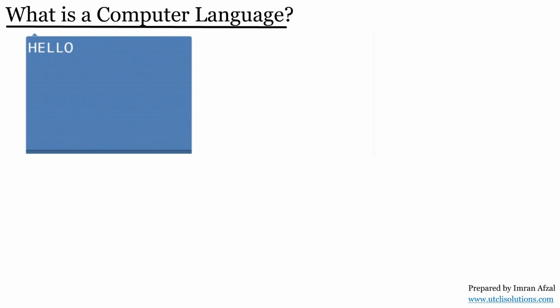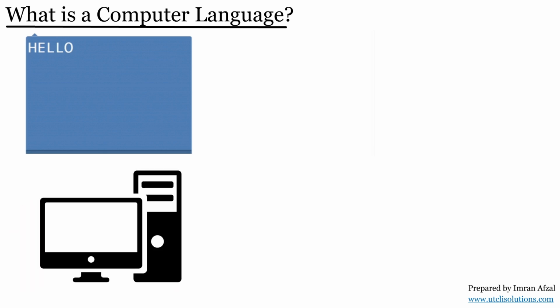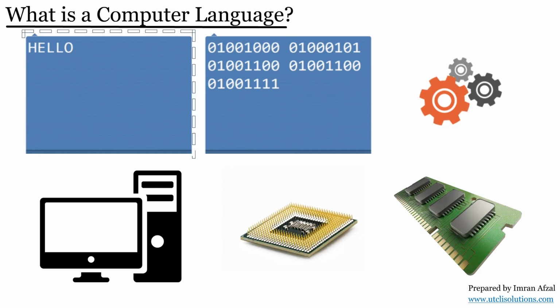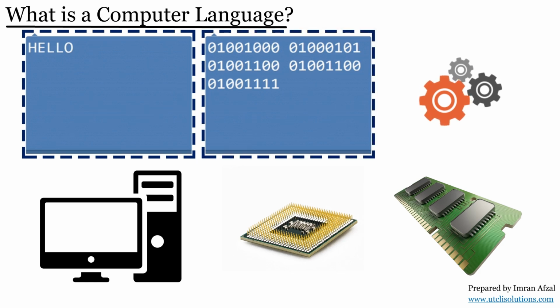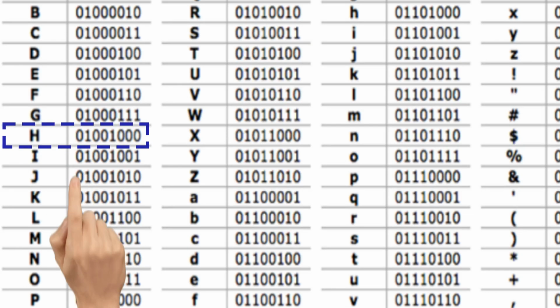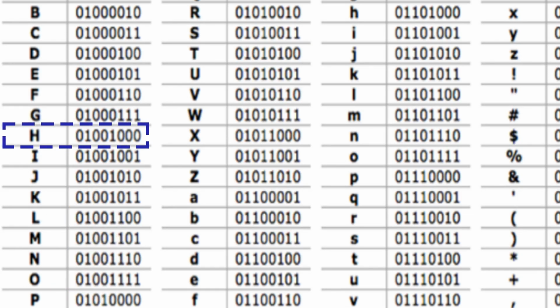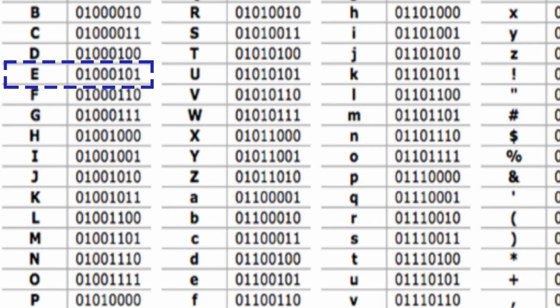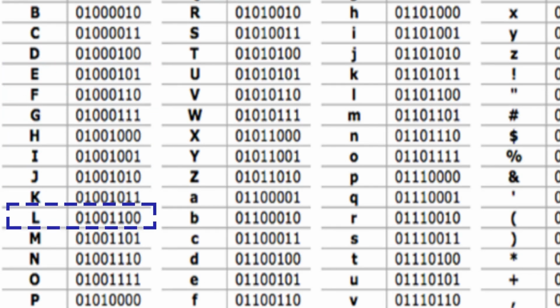Now, how your operating system or your computer is going to translate that into its processor or memory that, hey, this hello means these digits, so process it. So the first thing it will do is will take the first character, which is H. And by looking at the chart, you will see the H translates to 1001000, meaning on, off, on, off. Same thing, E translate to 1000101. L, L, and O